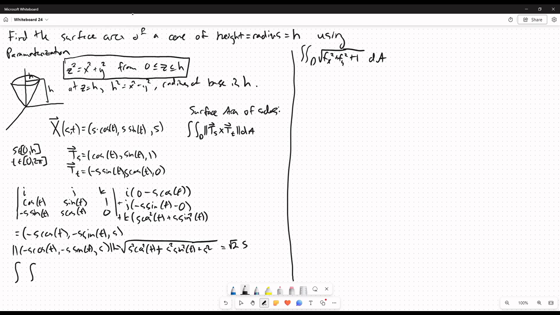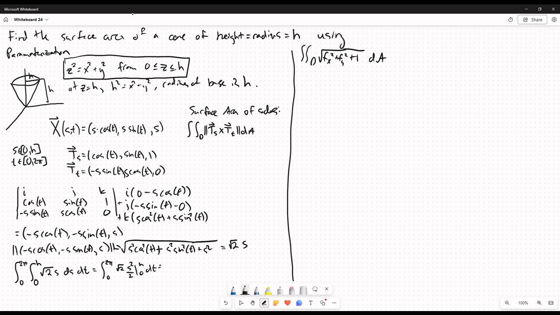So, and I don't need much room for this, my integrand is going to be square root of 2s. My s values are going from 0 to h, and my t values are going from 0 to 2 pi. So that's going to be the integral from 0 to 2 pi of square root of 2 s squared over 2, evaluated from 0 to h, dt,